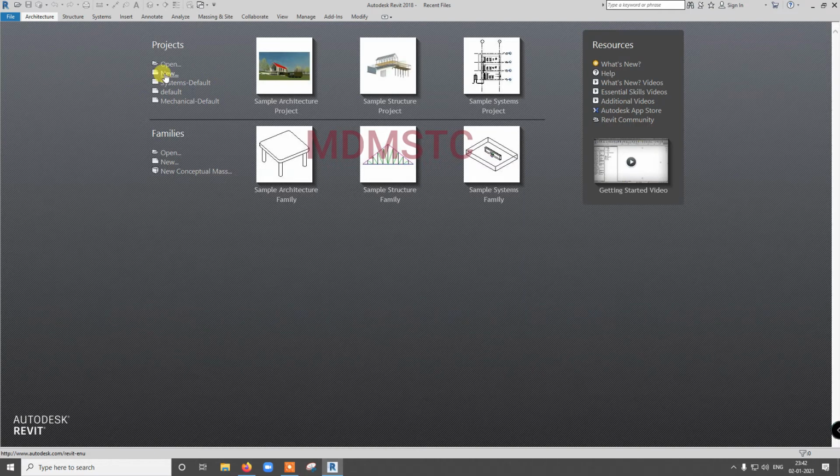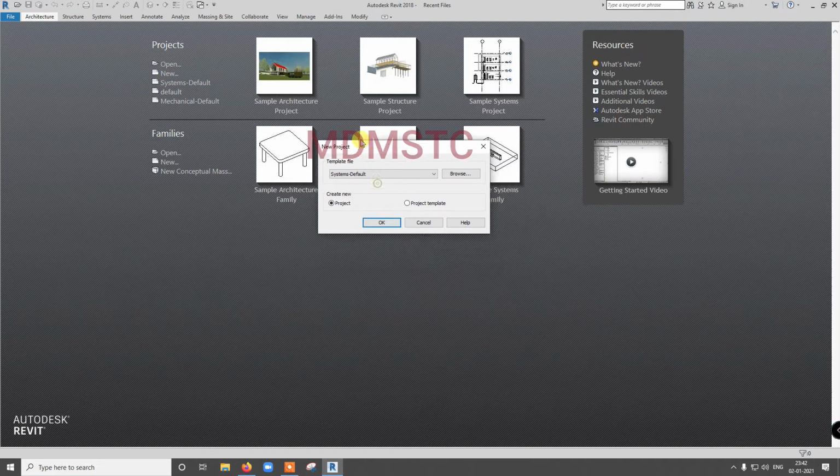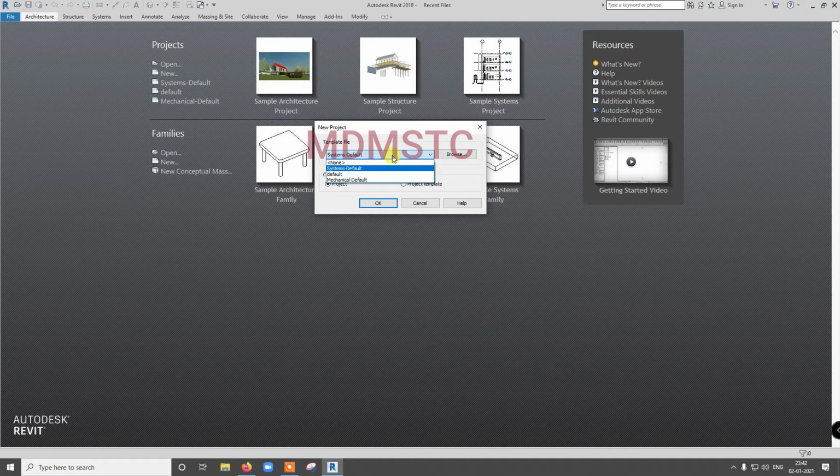New means I am now going to open a new project. For that we need to select the templates. Here some templates are shown. If I didn't set this here, no template will be there, only None. What is meant by template? A template is predefined settings. If I want to do mechanical design, my template will be set for that. For MEP design, another template is there. Let us see each and every template one by one later.